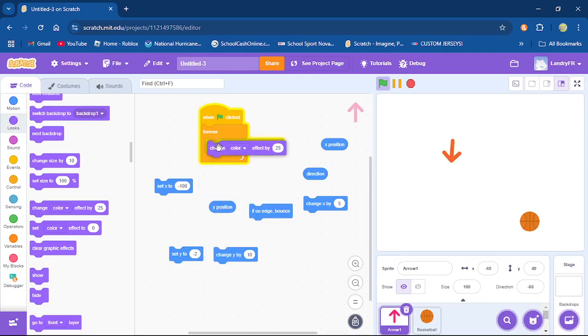So if you want to change the color effect, well, you're going to watch. My thing is going to just constantly change because colors are determined by numbers. So if you don't want it to do this, then you would set it to a specific color. So I just want it to be what it was before, which is 0. But if I wanted to make it, let's say, whatever 25 is, you change it to 25, which is orange. If you don't want it orange, but you wanted some kind of color in between, you keep changing the number till you find the one you like.